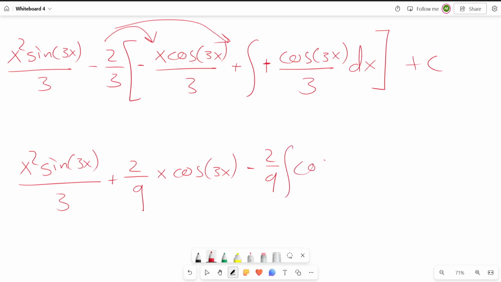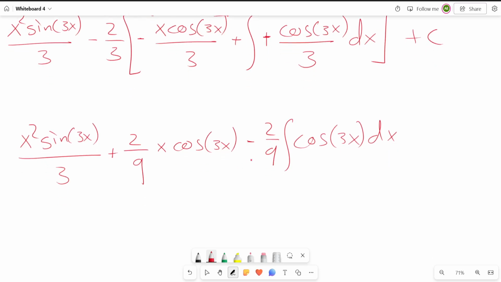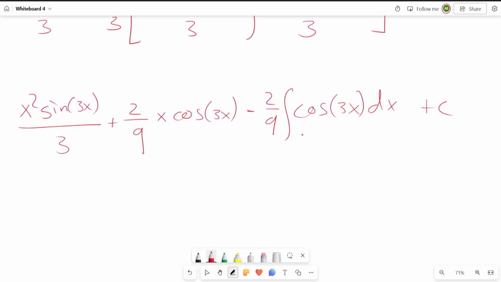Integration of cosine 3x dx. Okay, so basically, and I have a plus c. So basically, the only thing that's left is to just evaluate this integral, and this is super easy. This is going to be, let me rewrite everything. So I have a 1 over 3 x squared sine 3x plus 2 over 9 x cosine 3x minus 2